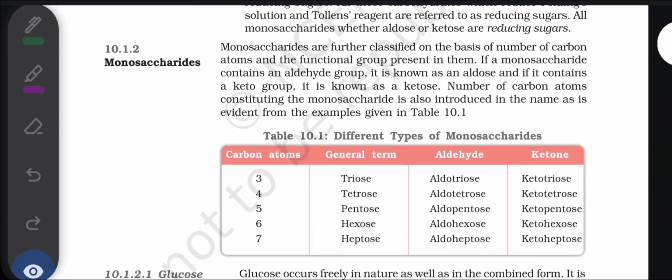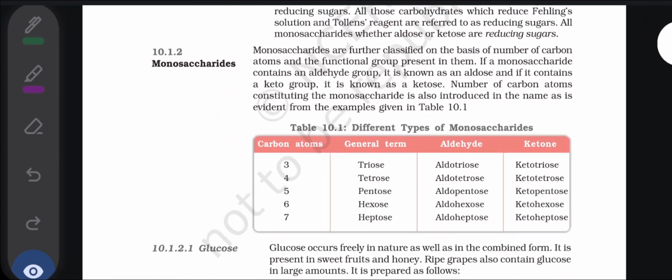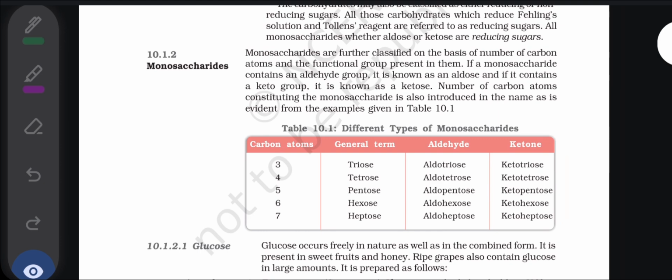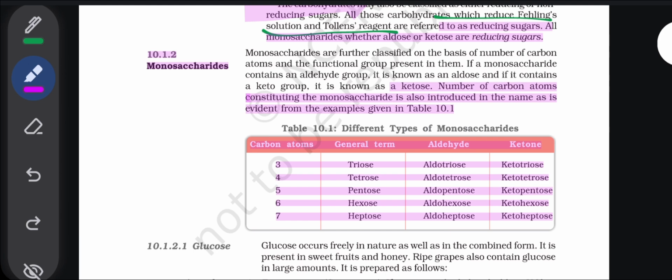Now, monosaccharides are further classified on the basis of the number of carbon atoms and the functional group present in them. If a monosaccharide contains an aldehyde, it is known as an aldose, and if it contains a ketone, it is known as a ketose. The number of carbon atoms constituting the monosaccharide is also introduced in the name, as in the examples in table 10.1. Okay, so this is the very basic. Now moving ahead,